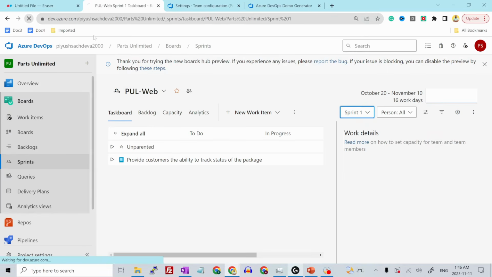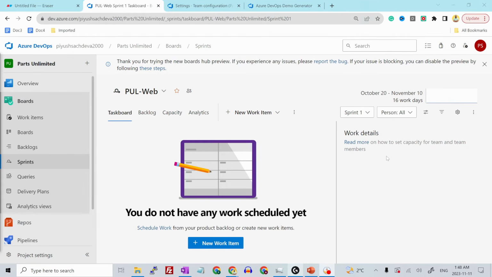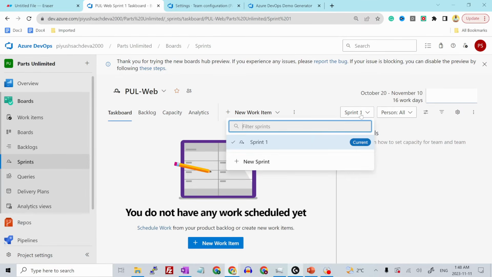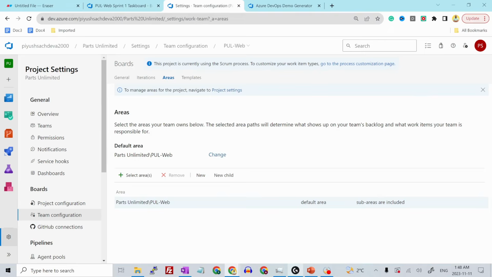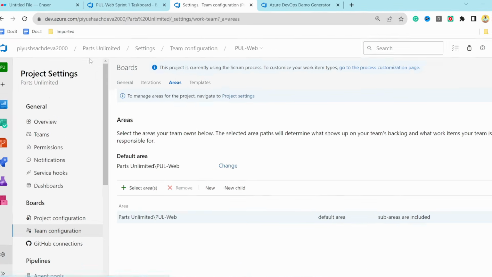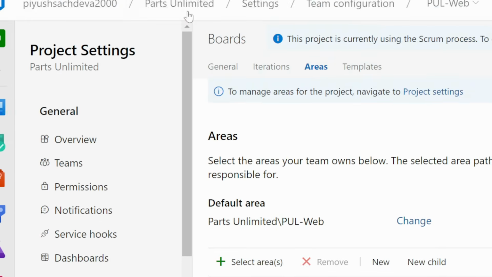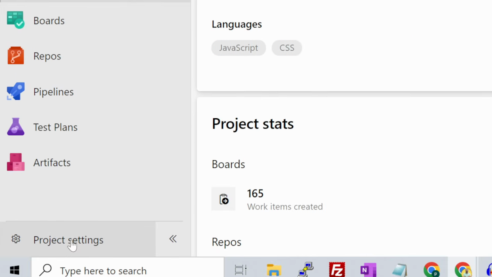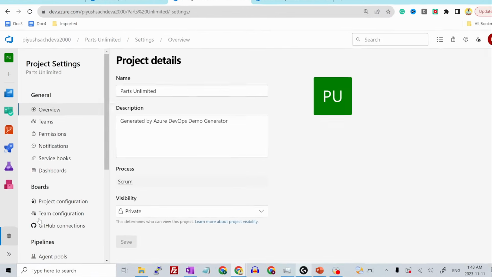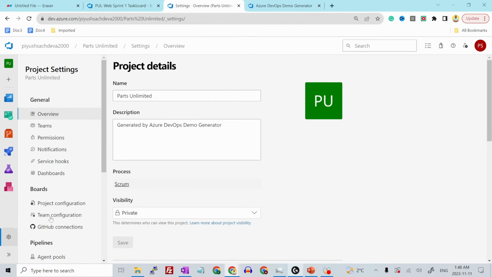Let's go back and hit refresh. The reason I'm not seeing anything over here, and I only see the current sprint, is that I don't see any future sprint because I haven't added it. So I'll open the tab again. If you don't know how to navigate to it, let's do it from the beginning. Let's go to the project, then project settings. Inside that, there'll be team configuration over here,